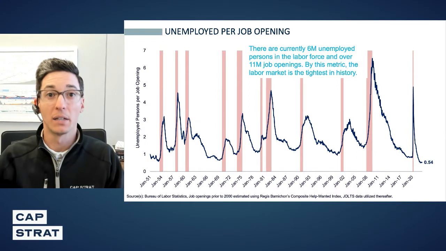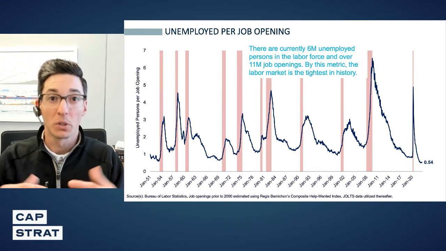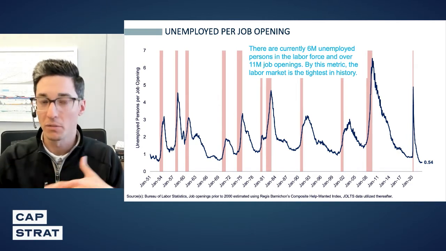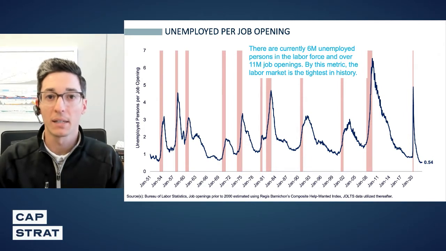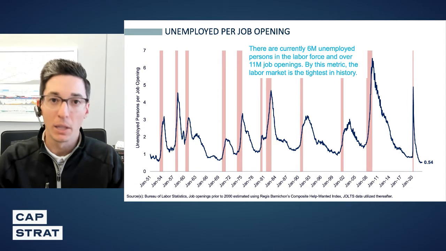So we're going to dive right into it. We'll throw up the first chart and just give everyone a perspective, what we're talking about when we're talking about tightness of the labor market. So when you're looking at softness or tightness of the labor market, there are a number of different metrics to look at. One, of course, is the unemployment rate. The unemployment rate is very low, so that would imply a very tight labor market.